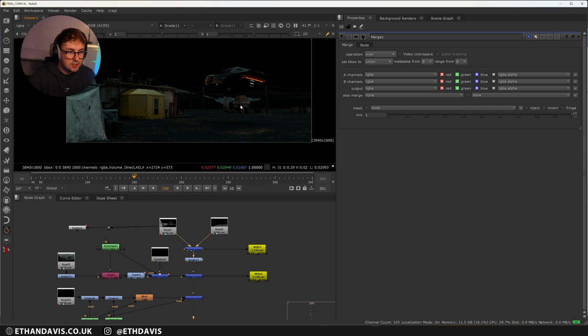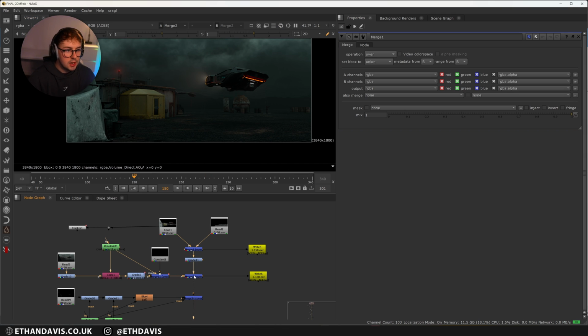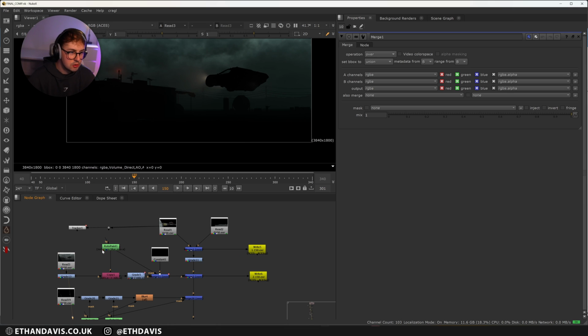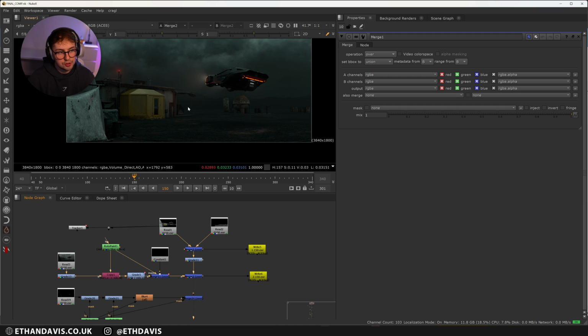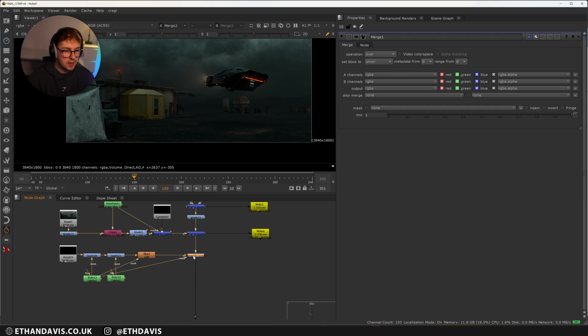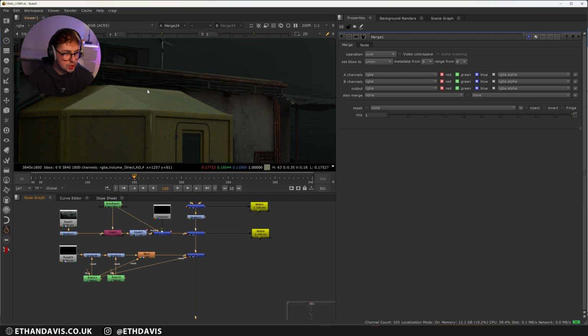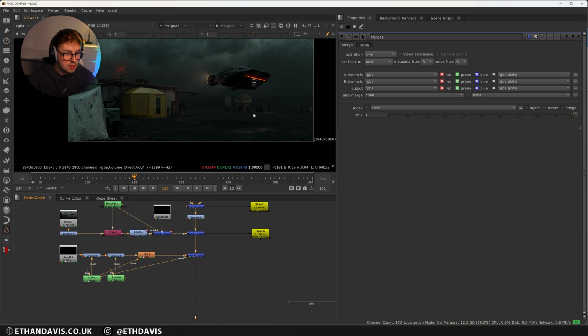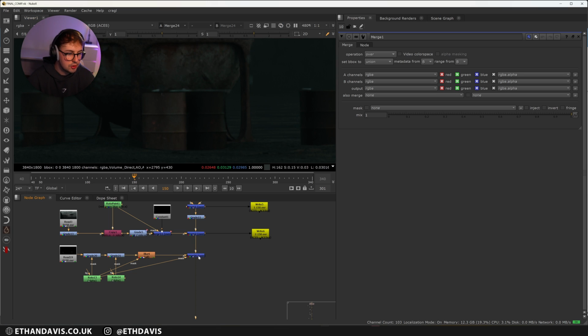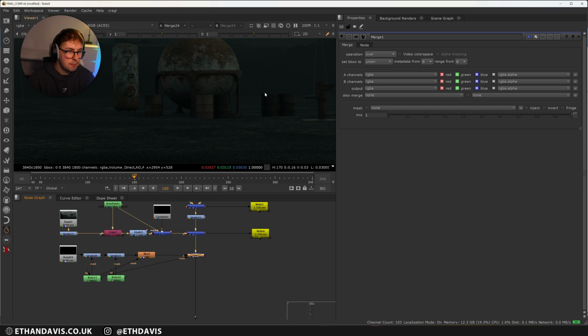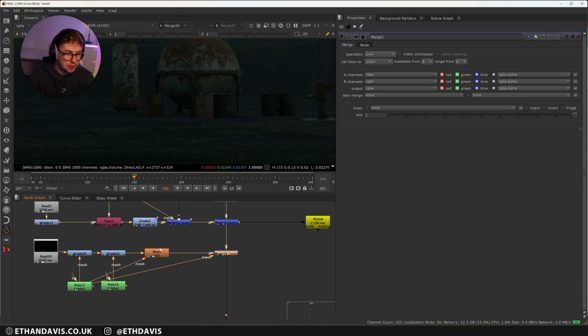From there, I did a little bit of a grade on it just to darken it. I thought it was a little bit dark. And then I added in my fog layer, which looked like this. And then again, just using that alpha to composite it over. And then I added in some splashes, which you can't really see. It's more these ones over here, I think. Yeah. And then I did a little bit of a blur.